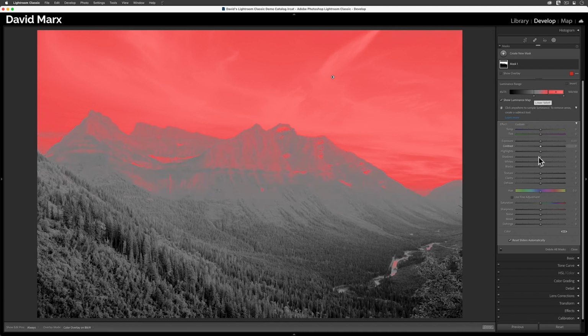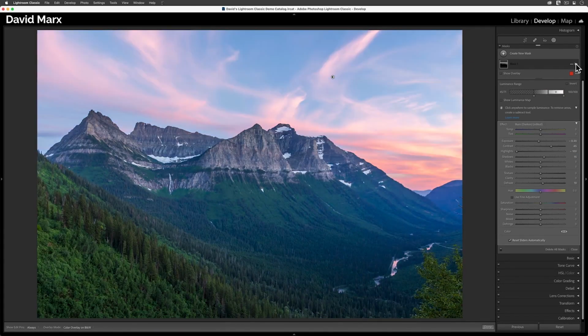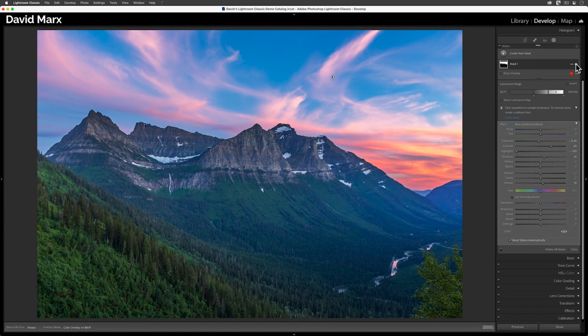Now, let me add some contrast and dehaze into this zone. That looks great. And in this photo, I love the way that these changes are also gently spilling over into the mountain peaks. When I tried to make the same changes using Lightroom's Select Sky command, it did too good a job, and the mask that the program automatically generated did not include these mountain tops.